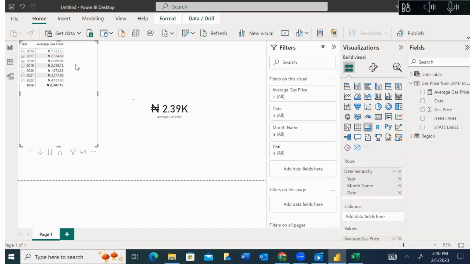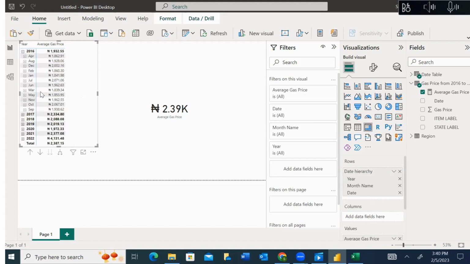Okay, so we've seen the average gas price. Since we have 2016, 17. Okay, if I open this, you can see for each of the months. All right, but something is happening here that is starting with April, August, December. Why is it not starting with January? There's something else that we must do. So if we come here,